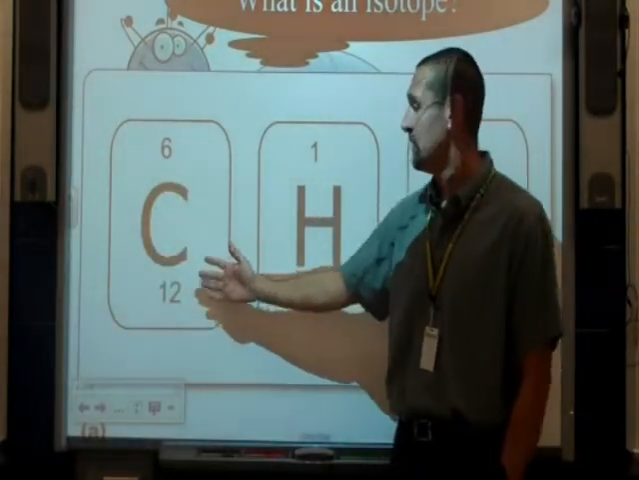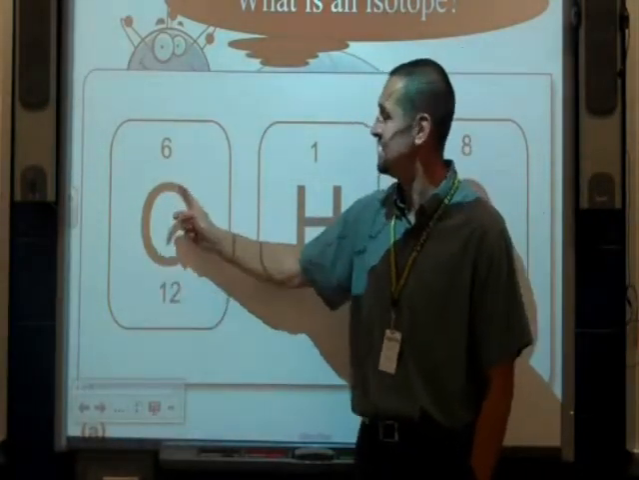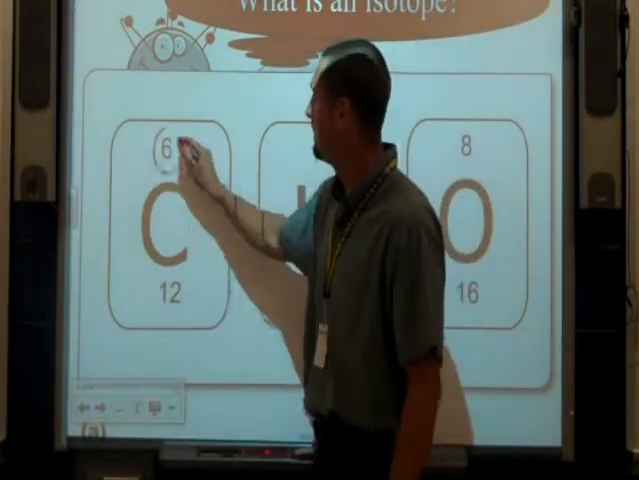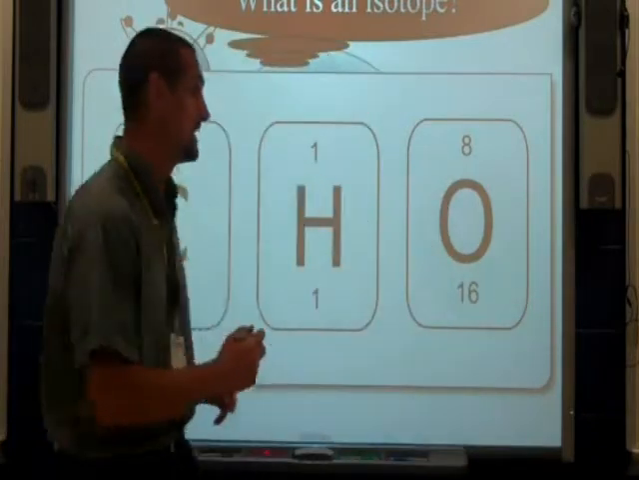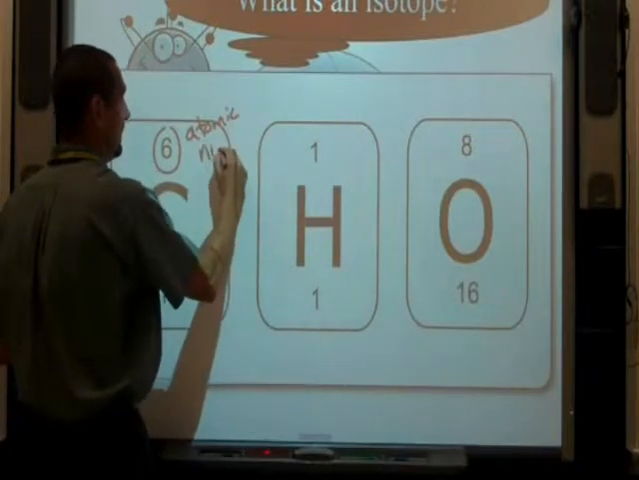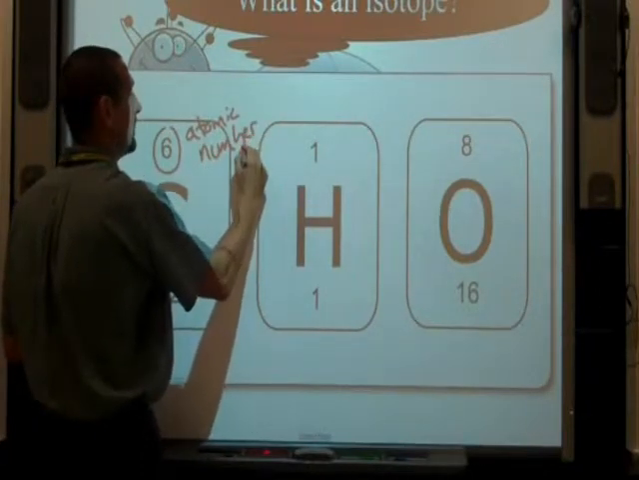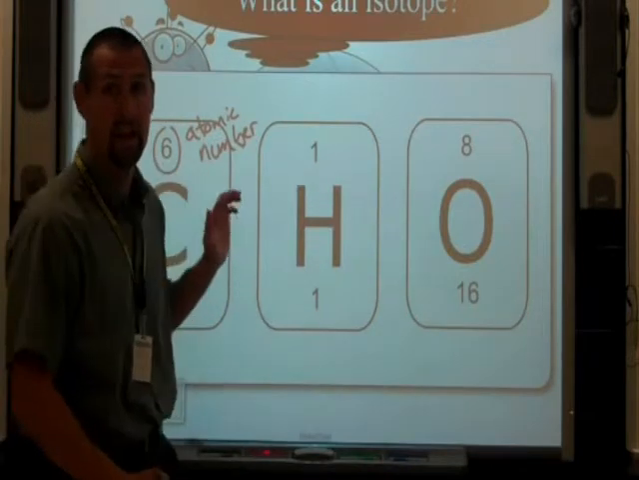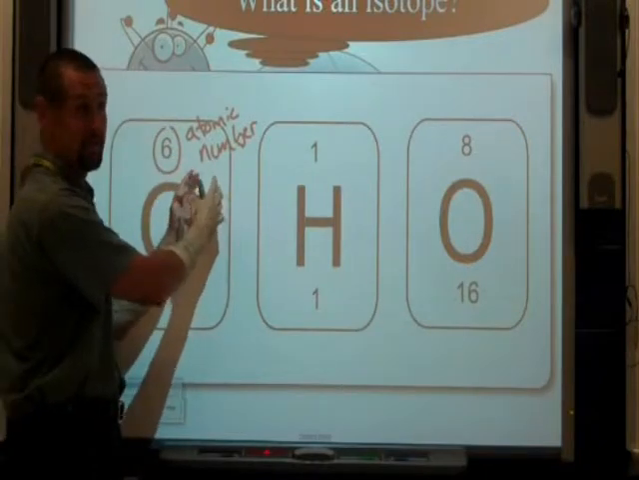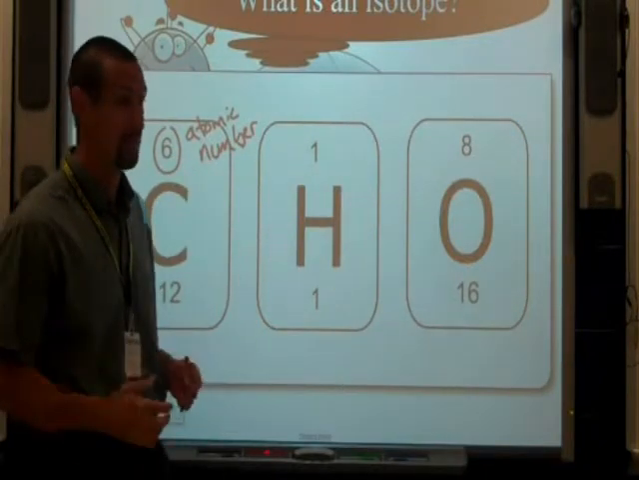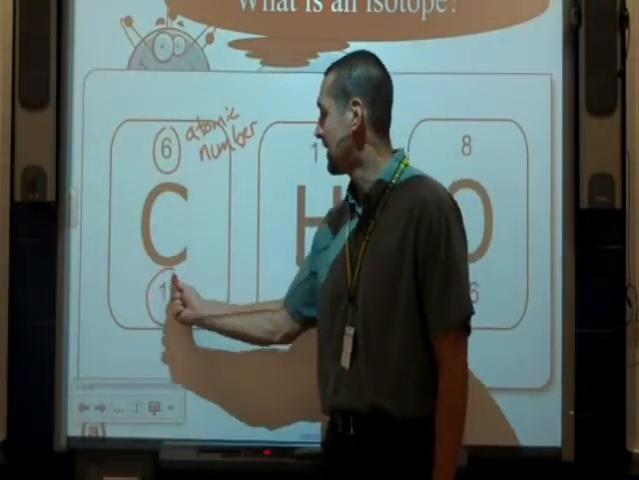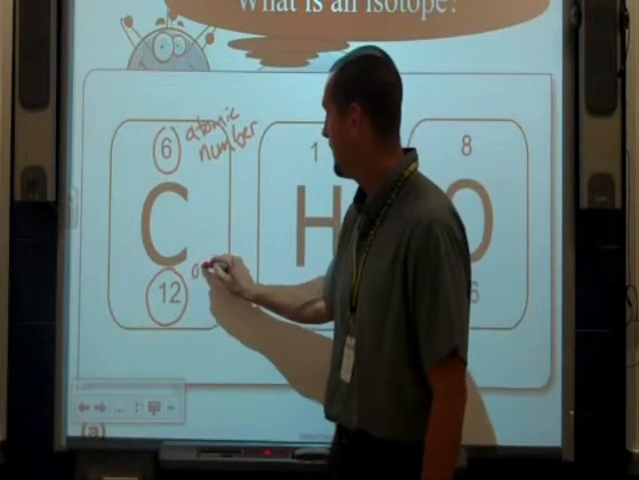When we look at the periodic table and we see a symbol like this, C stands for carbon. Above it, we'll see this number 6. The 6 is the atomic number. In other words, that's the number of protons that that element has. So if I have 7 protons, if I add 1, then it's nitrogen. Different atomic number, totally different element. Not the same. This number down here is the atomic